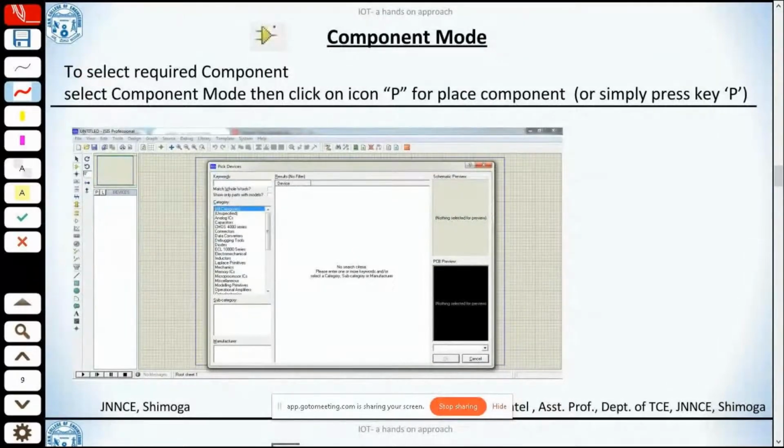So for component mode, we require this component mode to select required components, and we can also do that just by clicking the P icon for place component, or simply press P from our keyboard.